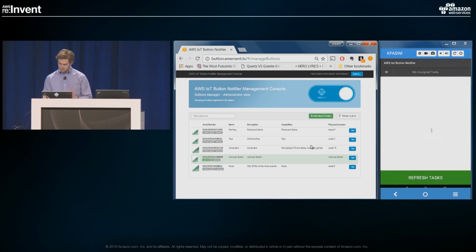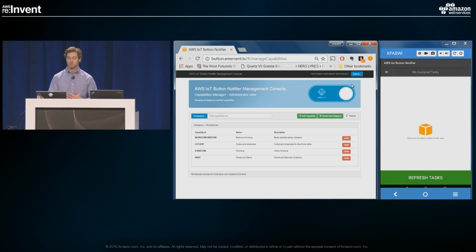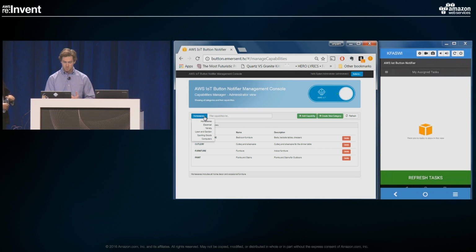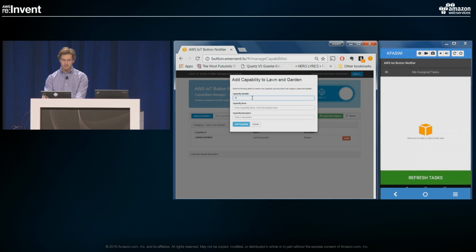And I actually need to step back for a second. Now that we have patio furniture available, we need to manage the capabilities and say that our store has patio furniture and that we are going to deploy a button there. So if I go into the categories here, we have lawn and garden. I'll add a capability, and we'll call that patio furniture. Patio and deck furniture, right? No, yeah, we'll call it deck furniture. So now that I've added that capability,